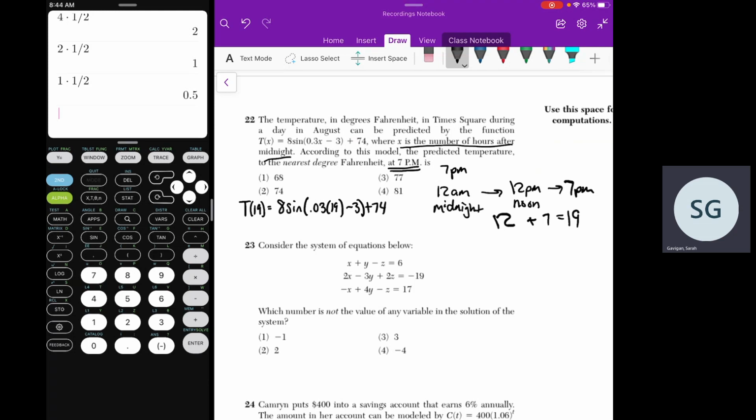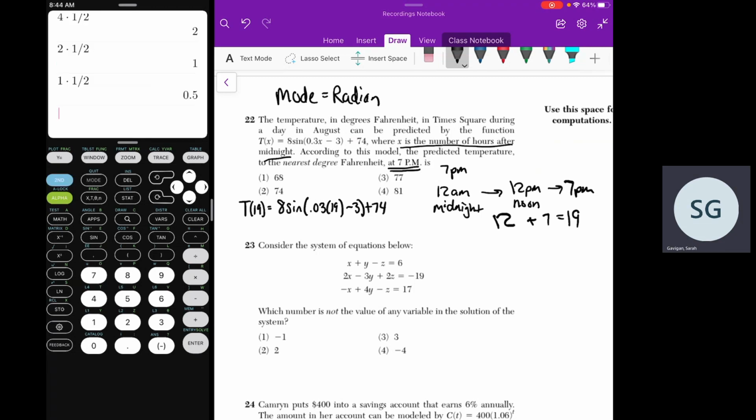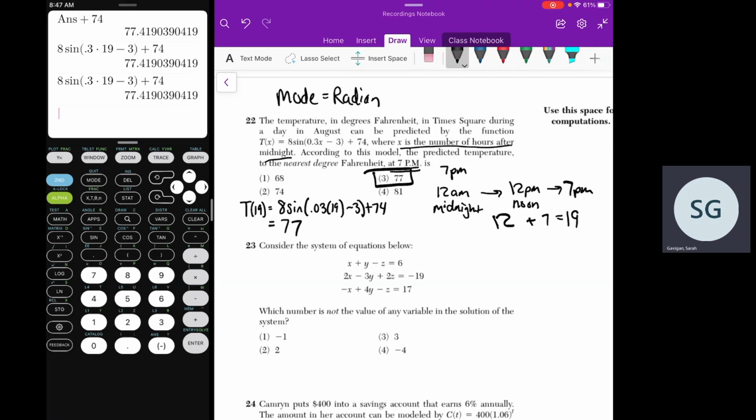Now your mode must be in radian mode for this question. So press mode, which is the quit button, make sure radian is highlighted, and then we consider